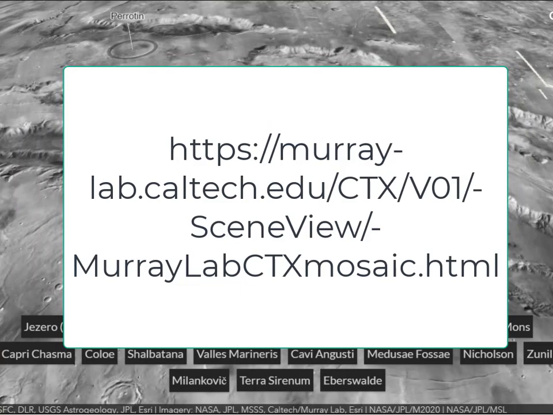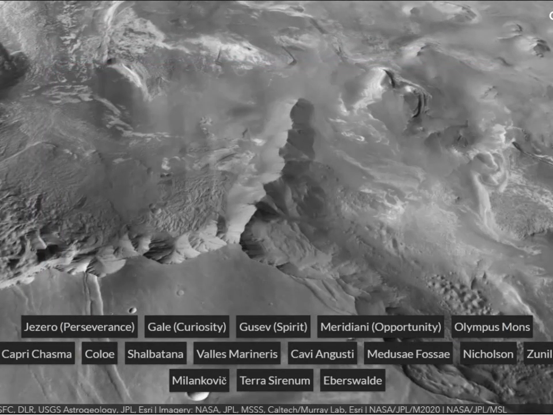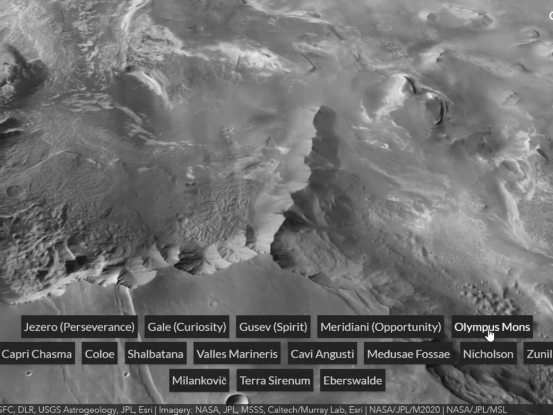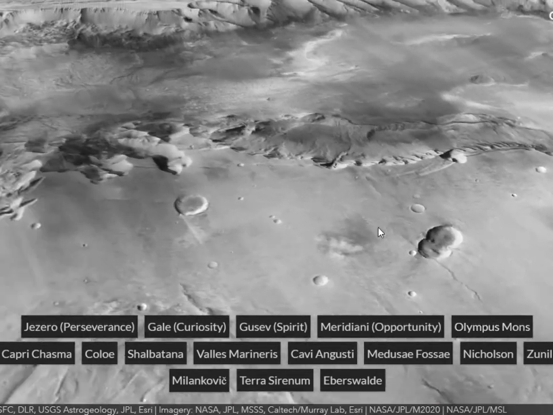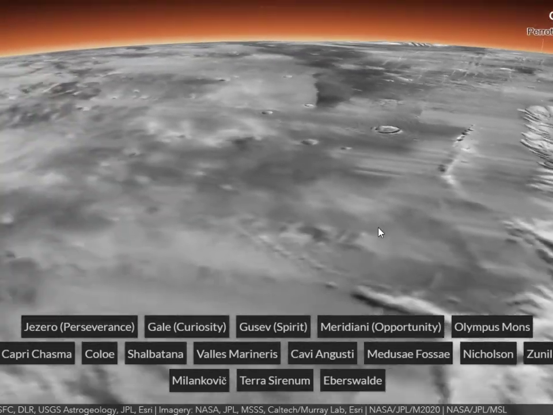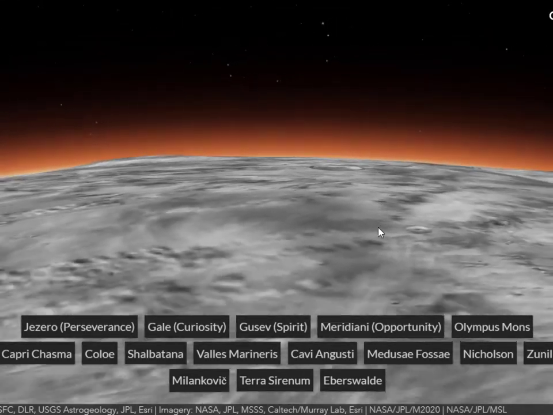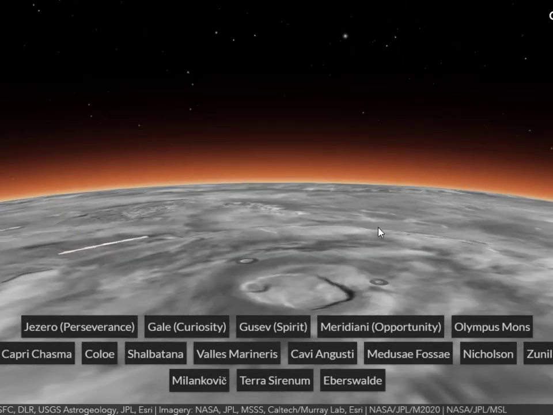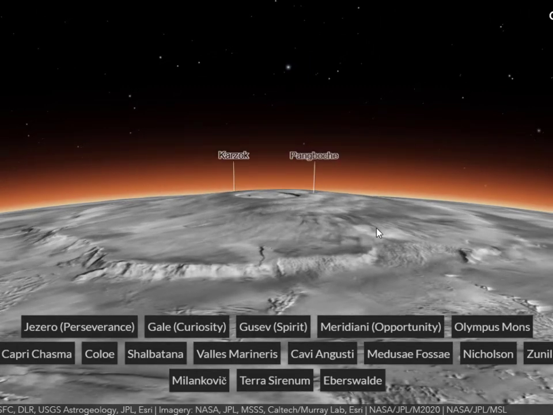This is the Mars Caltech High Resolution Viewer. As you can see here, you've got a lot at your fingertips. For example, you've got different areas of Mars at the bottom here, so you can quickly scroll over to different bookmarks that are mentioned here at the bottom: Valles Marineris, Olympus Mons. We're going across the Valles Marineris right now toward Olympus Mons. And as we do that, you can see certain landforms on Mars. Mars is smaller than Earth, of course, but it has some mighty big landforms, including this one right here, Olympus